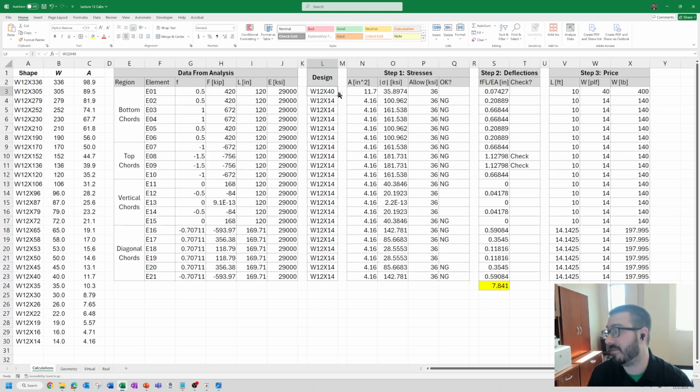35. Oh, W12 by 40, that works. Maybe what about the W12 by 35? The W12 by 35 is too small. The W12 by 40 works, okay? So maybe the first thing I'll do is I'll size all of my members to where they meet all the